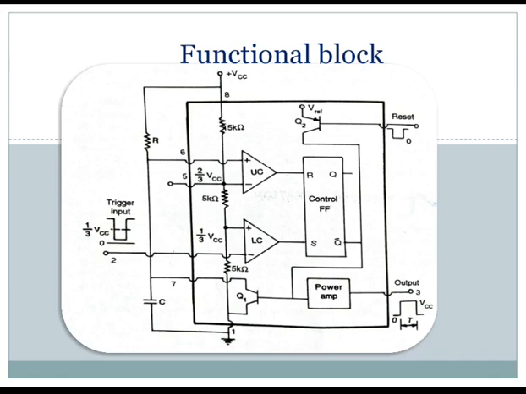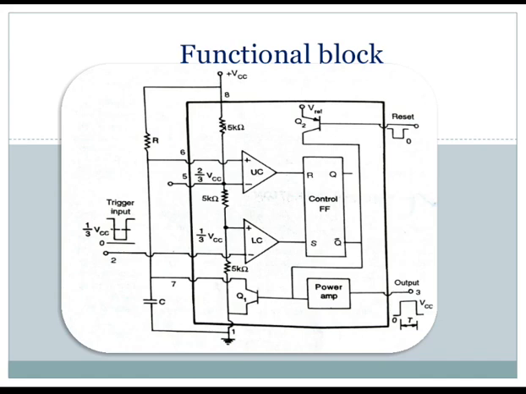So the transistor moves into saturation, thereby discharging the capacitor C rapidly. So under the initial condition, in the standby state, there is no voltage across capacitor C. After moving to the set state, the capacitor starts charging exponentially from ground toward VCC. And then after the time period T, when it reaches 2/3 of VCC, the capacitor is going to discharge, so that the output returns again to the standby state.